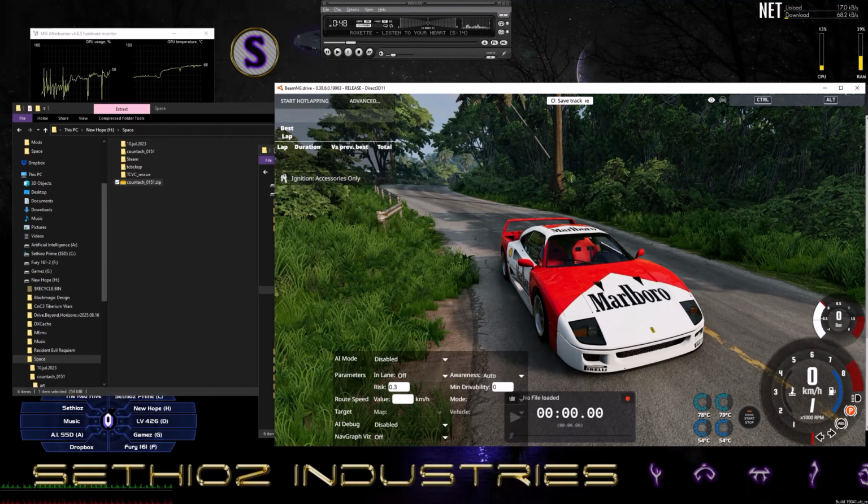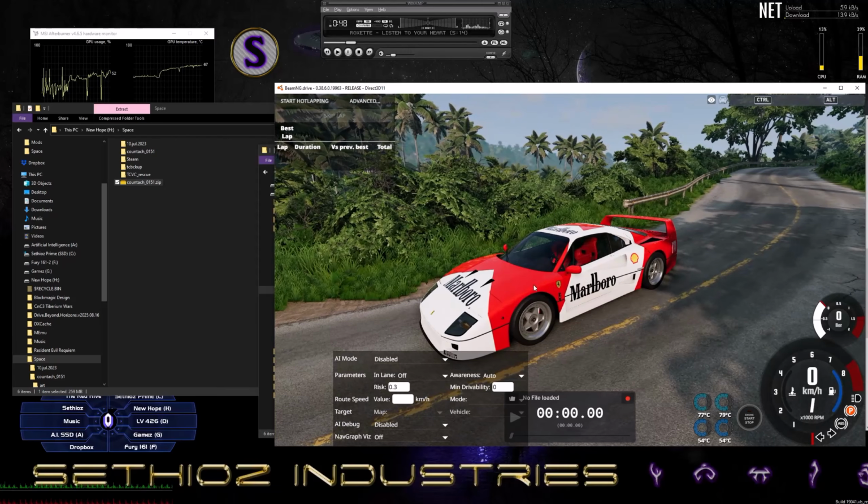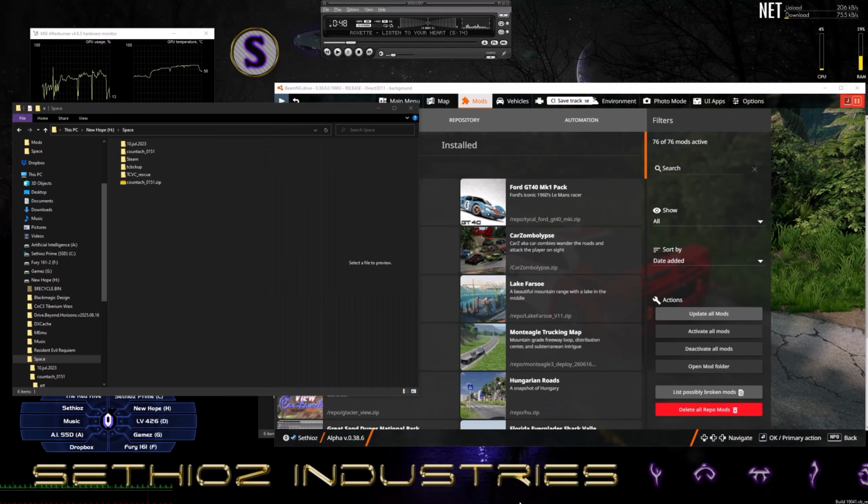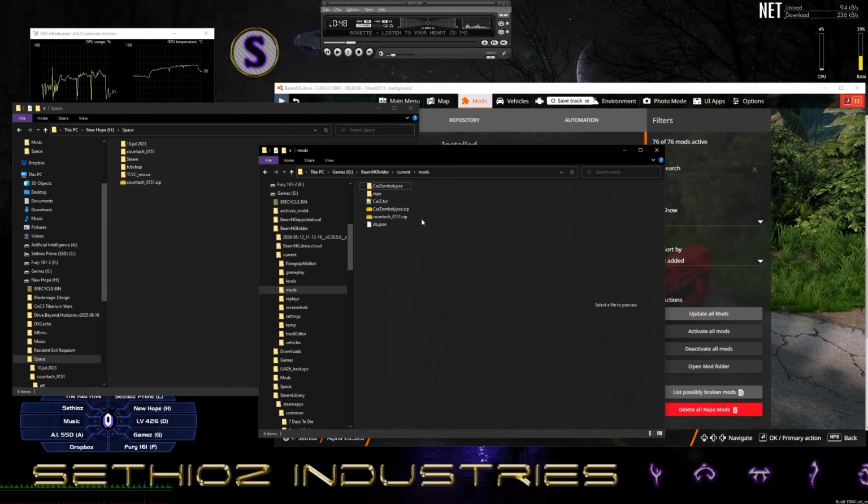Right, and where this is installed is in the game folder itself. What was that? Something popped, but okay, anyway. So if you install the mods into the mods folder in here, which is the user path that I showed you before, then you just drop the entire zip file into your mods folder, and that's the end